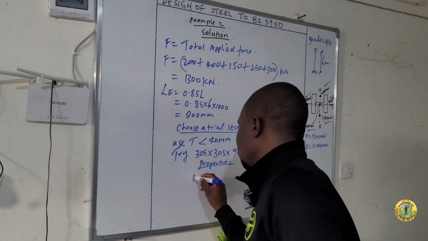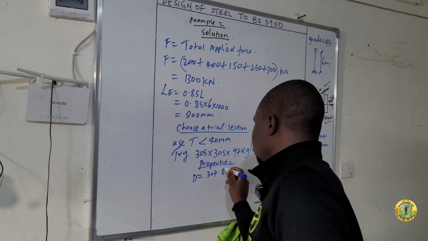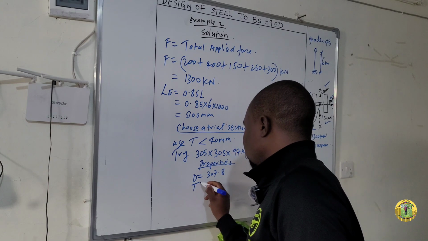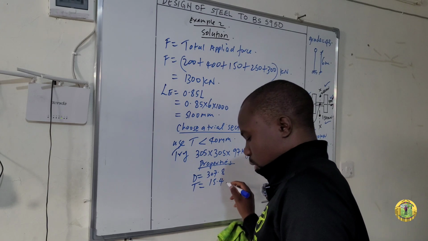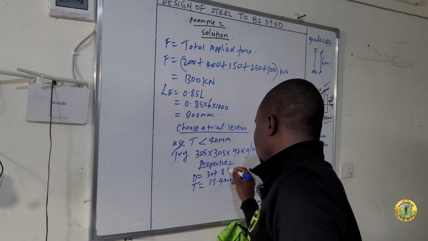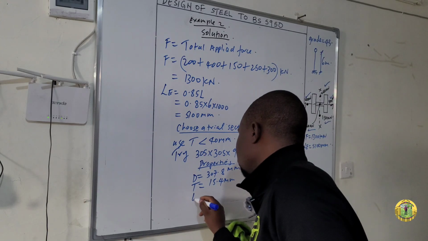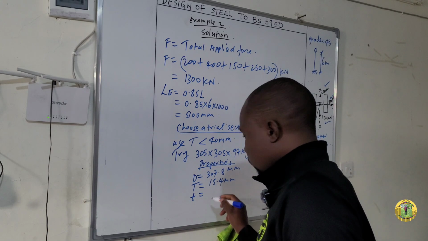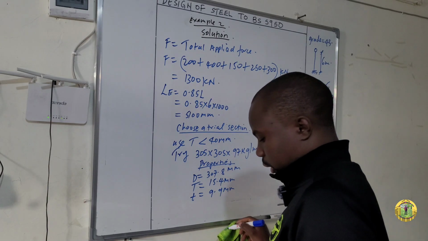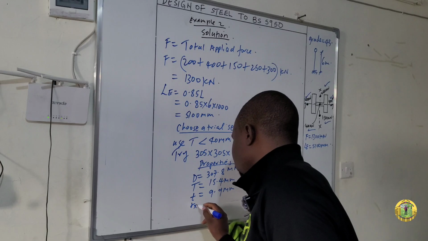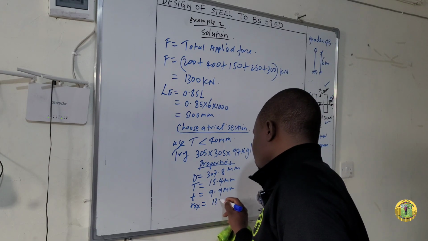So you have D, which is 307.8. We have capital T, which is 15.4 millimeter, also in millimeter. We have small t, which is 9.9 millimeter. We have the radius of gyration about the x axis, which is 13.4